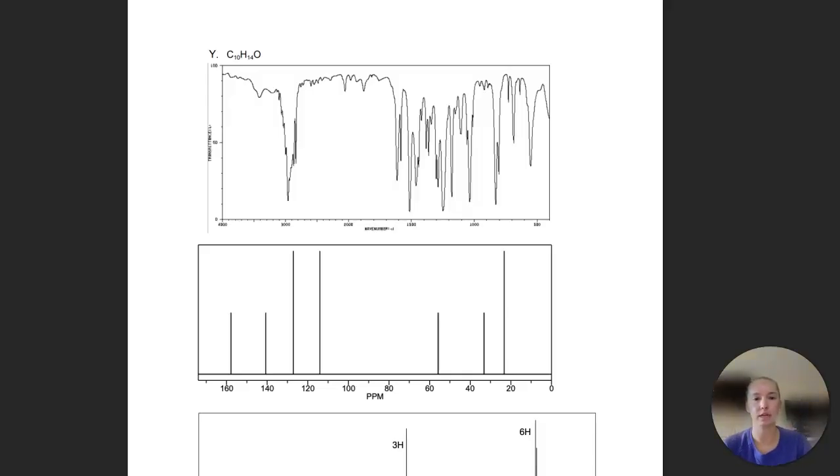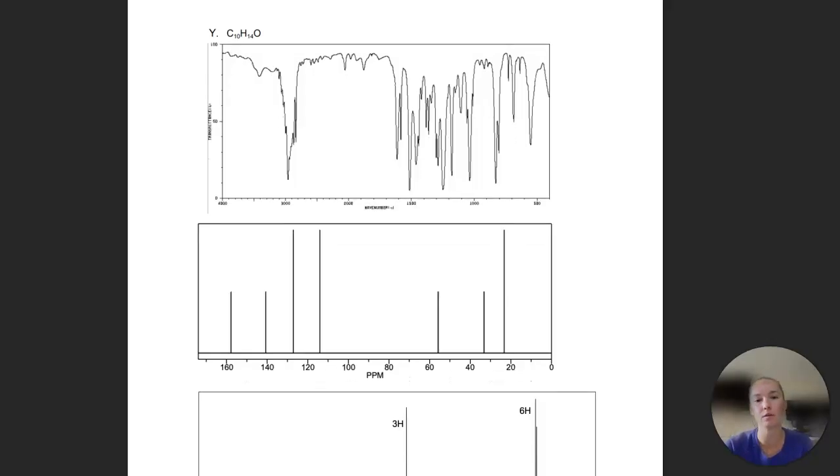So my first letter I got was Y, the molecular formula being 10 carbons, 14 hydrogens, and 1 oxygen. And these were the three spectrographs I was given. So to start off with this first IR spectrograph,